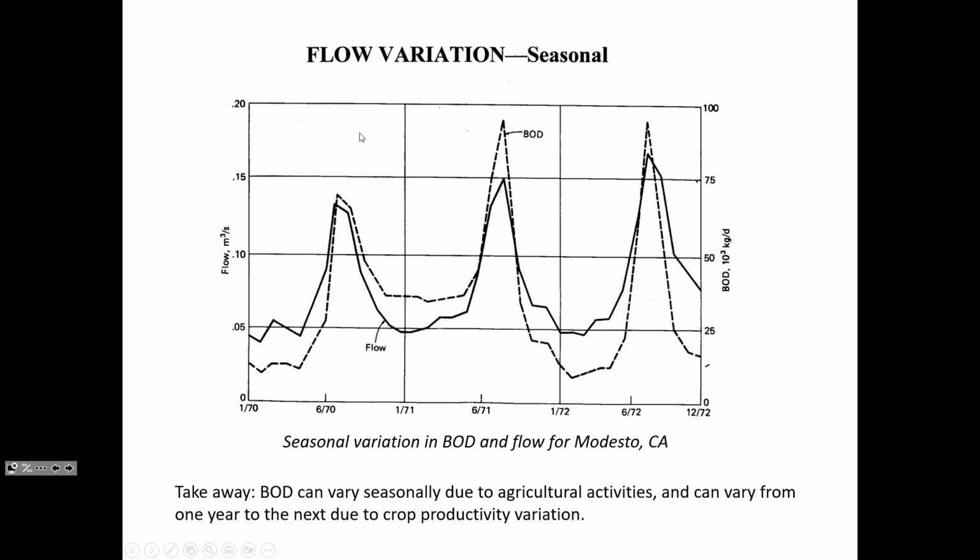And so for any kind of agricultural activities that vary a lot from season to season, if you're doing your design and your planning, even if you do have real world data for a certain area and you're trying to extrapolate into the future, you need to take into account the uncertainty that some years there may be relatively less flow generated during the harvest season and the BOD may be less, or it could be more if it's a bumper crop and a lot more food is being processed. So it would be important to look at things across time for something as